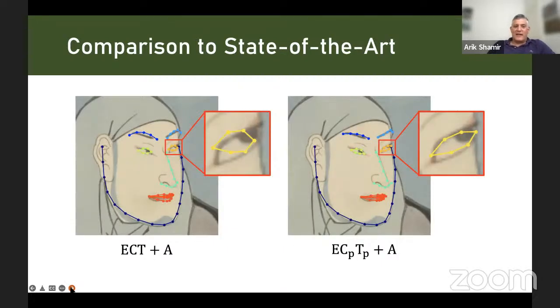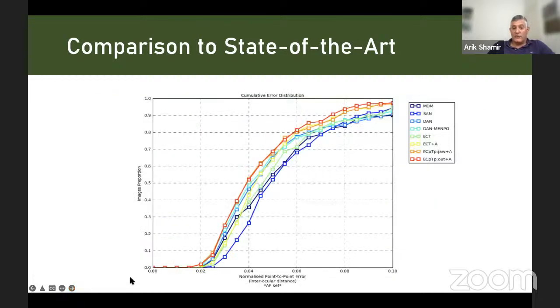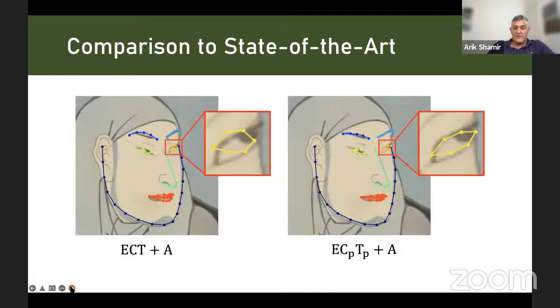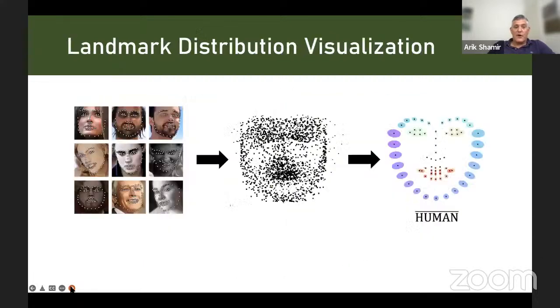So the landmark detection algorithms work quite well in many cases also on art, but they're not very accurate. And here you can see the example on the left of a regular, not refined algorithm versus our algorithm. And you can see that our position of the landmarks are much better located according to the specific style. So how do we really see this? What makes the difference of this specific style?